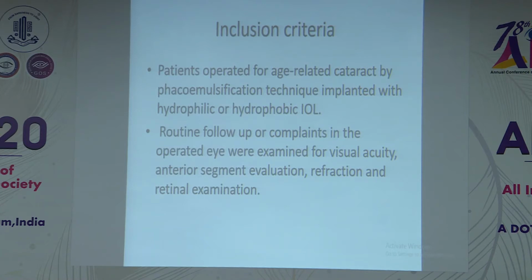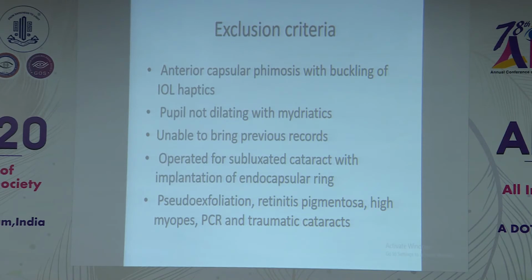Patients who came for routine follow-up or with complaints in the operated eye were examined for visual acuity, anterior segment evaluation, refraction, and retinal examination. Exclusion criteria were anterocapsular phimosis with buckling of IOL haptics, pupil not dilating with mydriatic, because we are not able to see the haptics of the IOL if the pupil is not dilated well, unable to bring the previous record